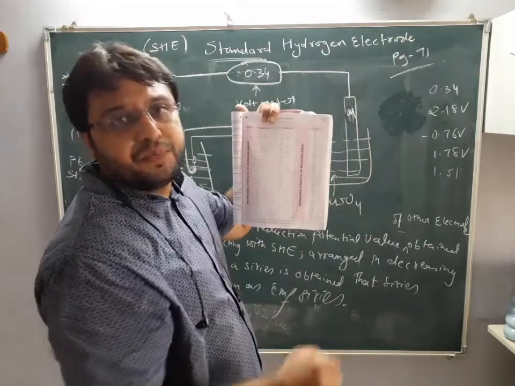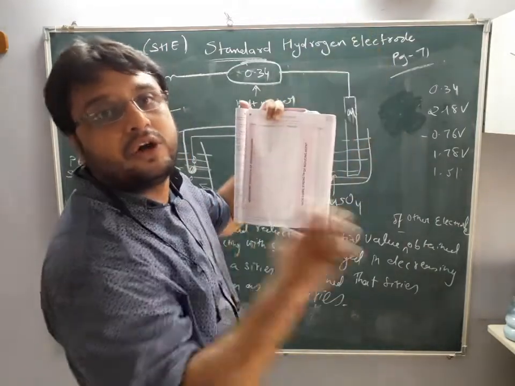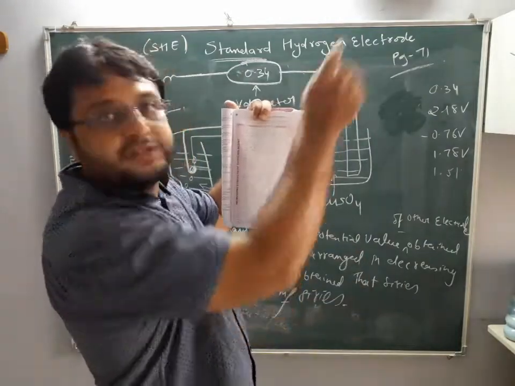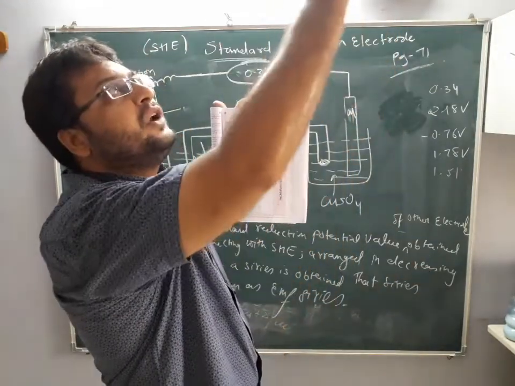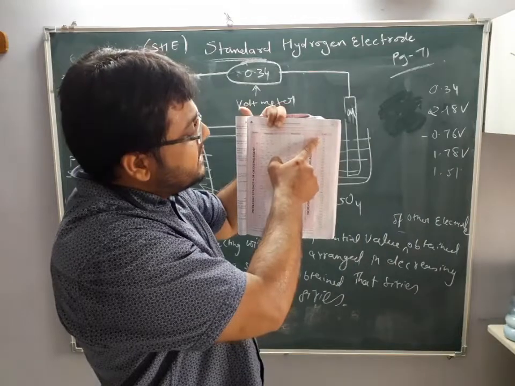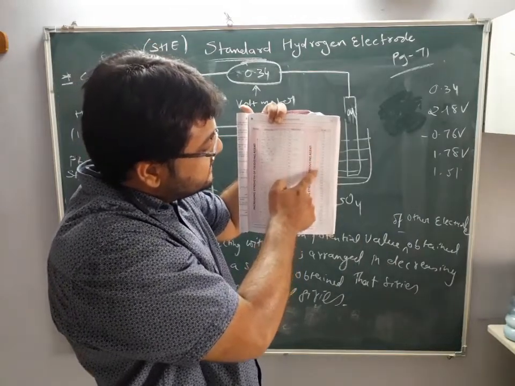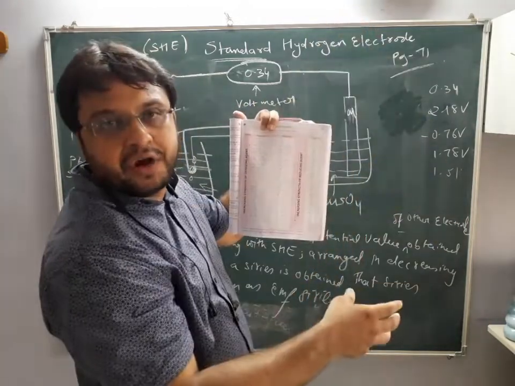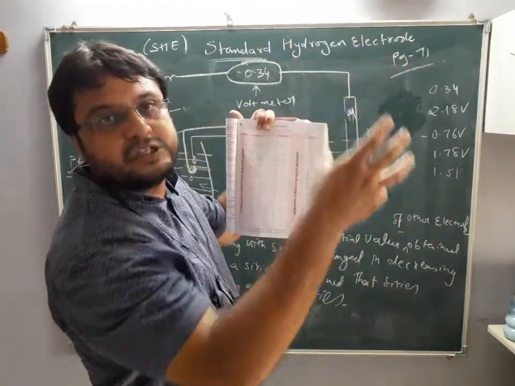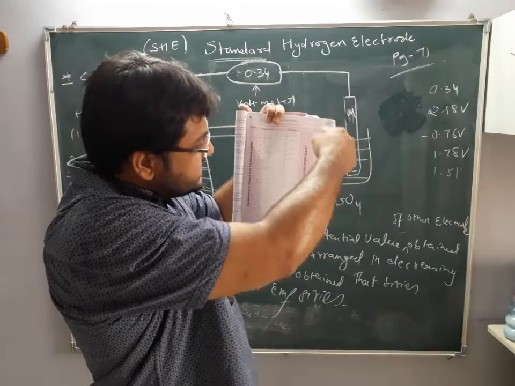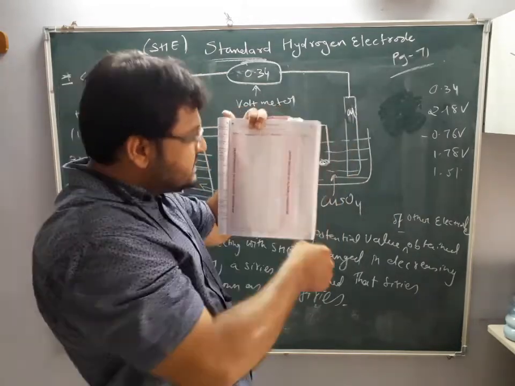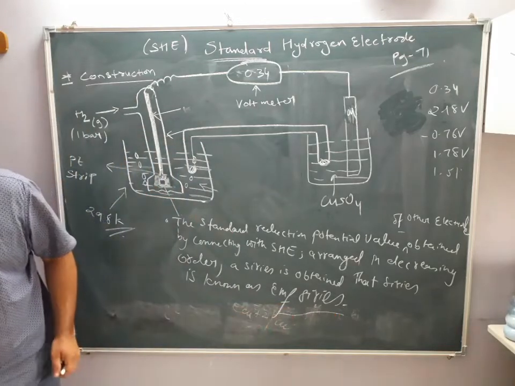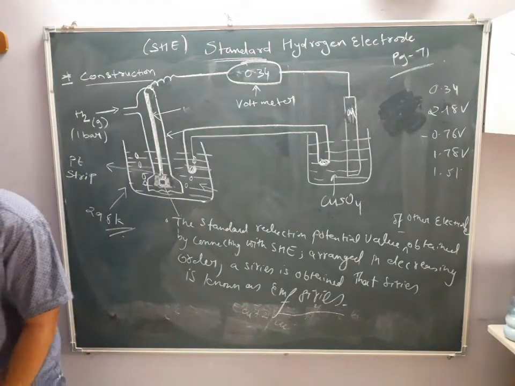Now those reduction potential values I will arrange in decreasing order. Decreasing order means from top to bottom, from higher value to the lesser value. See, this is the high value, then going lesser, then it is coming to 0, then again it is going to negative values. So first will be positive, then 0 will come, then negative. And a series I will obtain. See, this is one series. This series itself is known as the EMF series. I hope you understood. Okay, so write down the book definition of EMF.